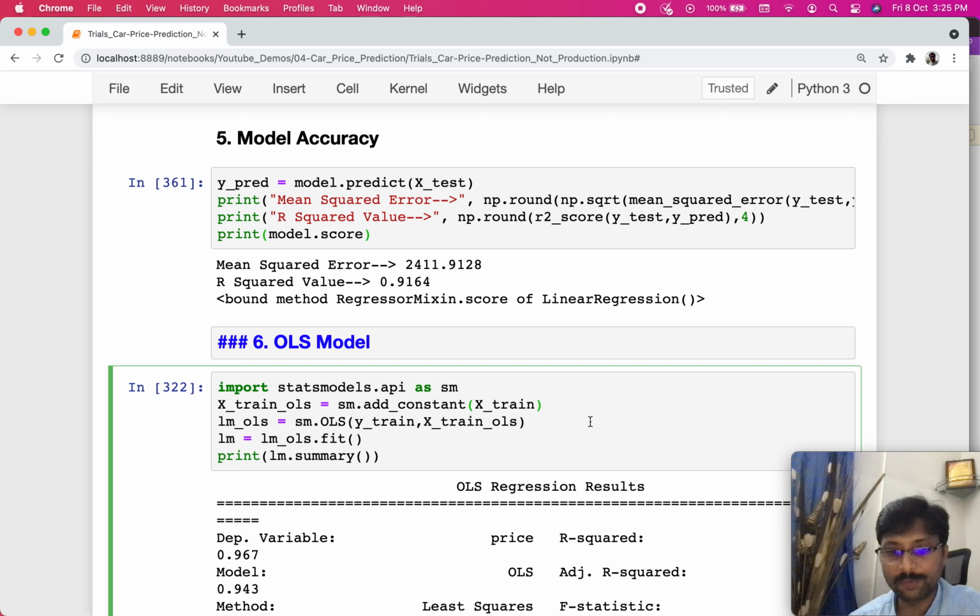That's the intercept coefficient that needs to be determined. So here with the statsmodels API, it expects that to be added. So we are adding it here, and then we are calling the sm.OLS method by passing the y_train and X_train values. It's somewhat similar, but here it expects the y values first and the X values later, so slightly different, right? And then we fit it like what we have done earlier with linear regression as well.